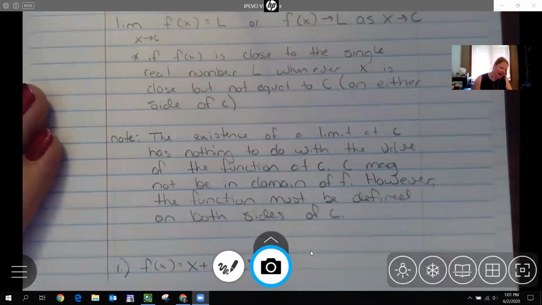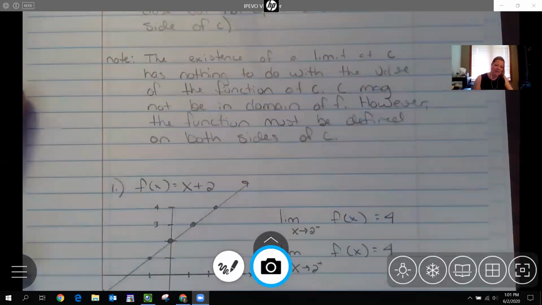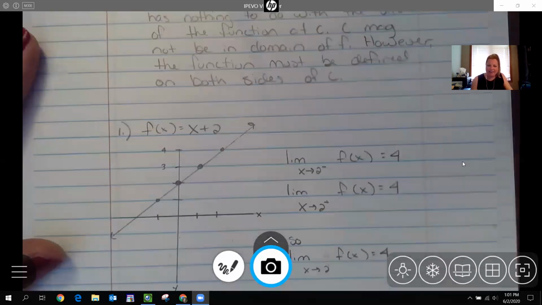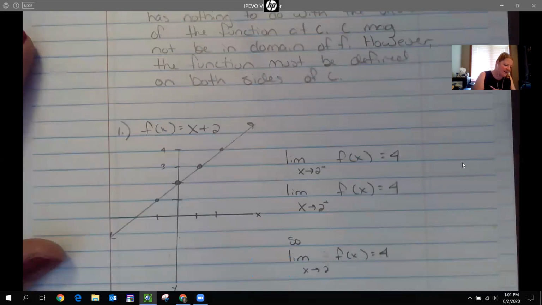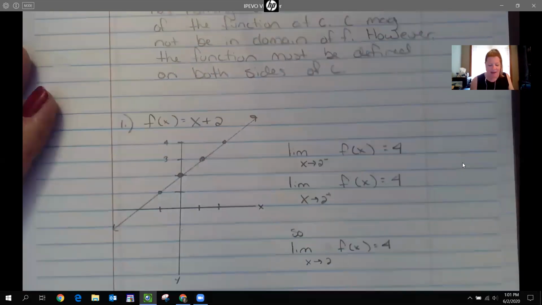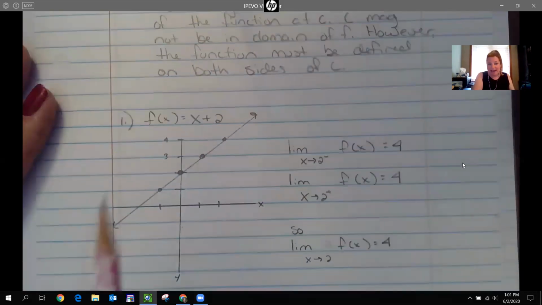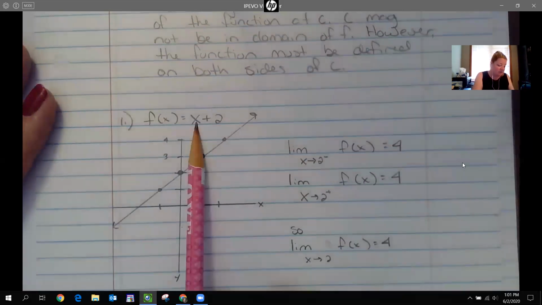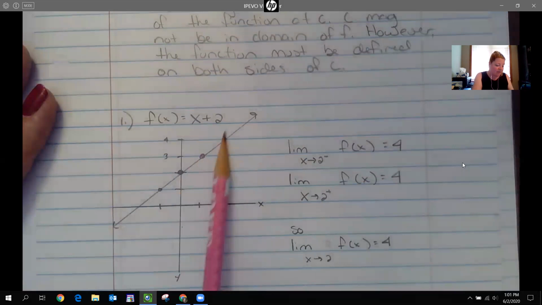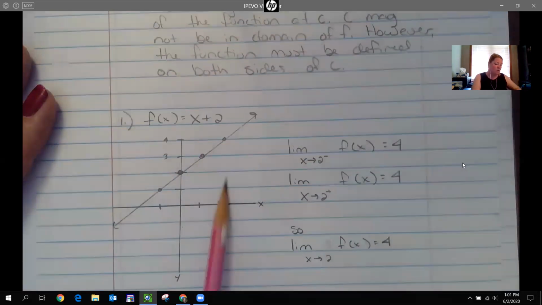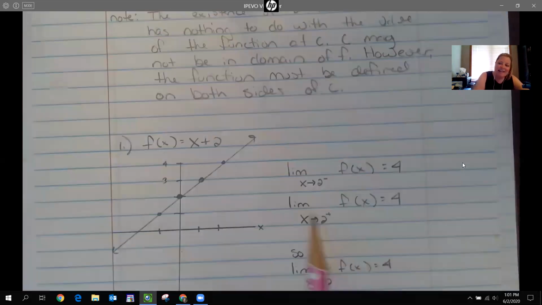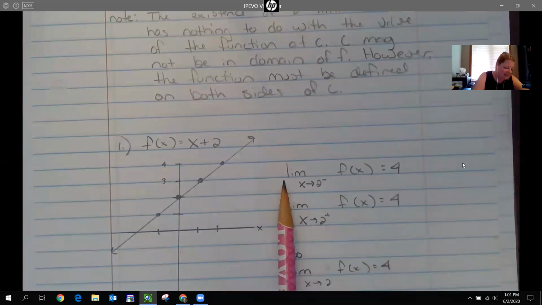But let's look at a graph and this idea. I think I can click it. Yeah, there we go. So this is the graph of f of x equals x plus 2. So I put in 0, that's up at 2. I put in 1, that's at 3. I put in 2, and that's up at 4, and so forth. What is the limit as x approaches 2